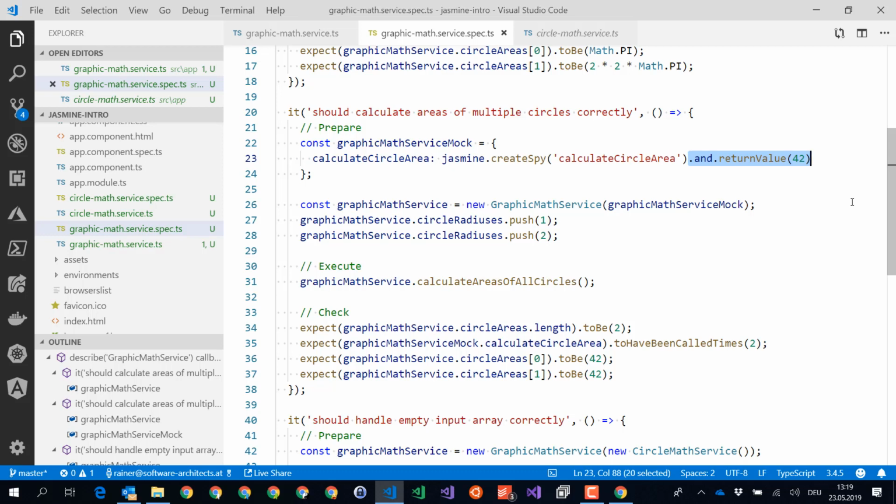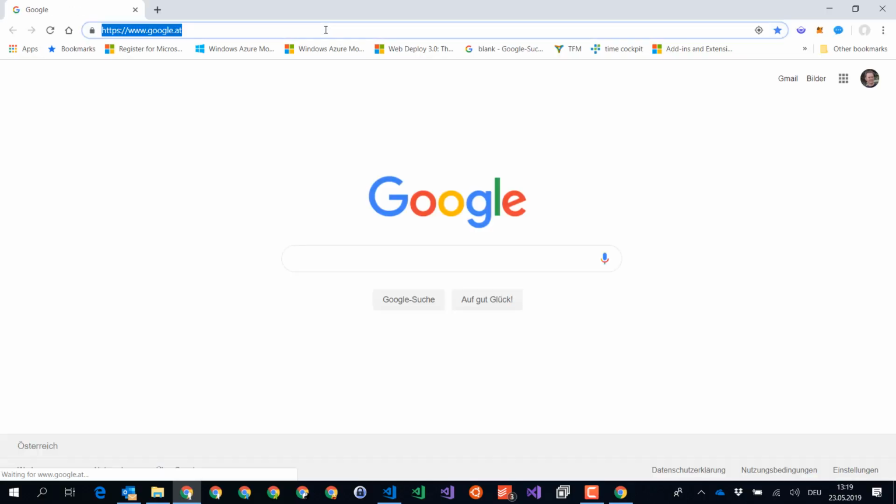Jasmine can really do a lot of things in that area. This is just the tip of the iceberg, but I think you get the idea, right? Good. So you might wonder now, how can I learn more about this, or if you prepare for your